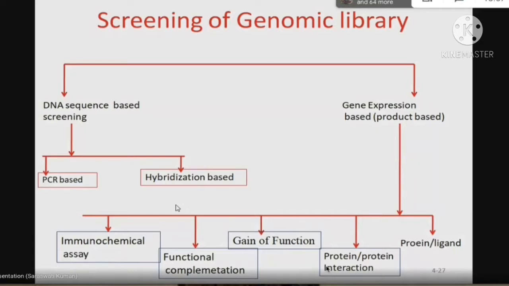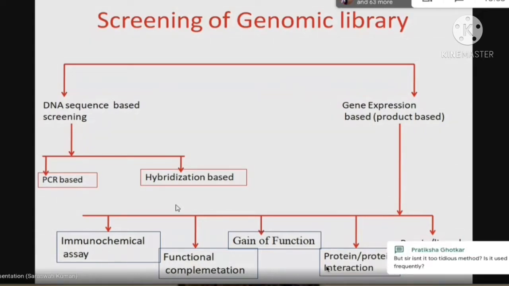Yes, sir. That organism was a mutant, or that organism doesn't have that gene which was missing. That's why it is not showing that particular function. So from a normal organism of the same species, we prepare a genomic library, and from the genomic library we isolate different clones and add them one by one. If the mutant organism restores its function, that means the DNA fragment we have added was missing in that organism. In this way, we can also find out the function of that gene.